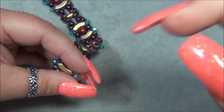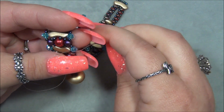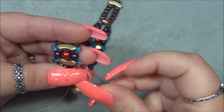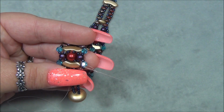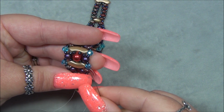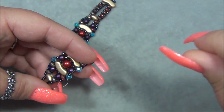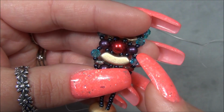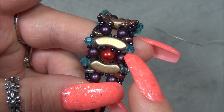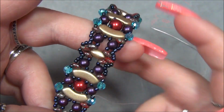And then right here. So right here is where I'm going to tie my knots, right in front of the 4mm bead. Make a loop, pass through it twice. Slide the knot down, go through the bead, go through the seed bead. Okay. Then you're going to want to tie another knot in front of the rounduo bead, pass through the seed bead, tie another knot there, and I just go through here reinforcing, tying knots, and I try to go down